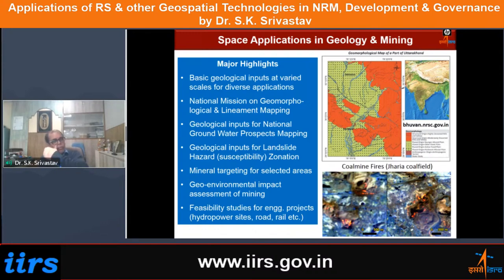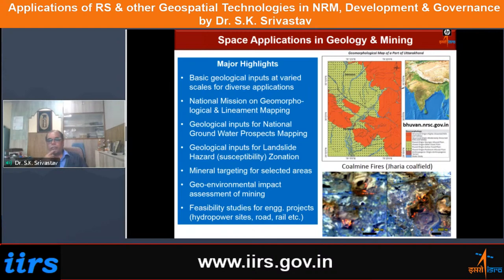Number two application, the second bullet, if you see, there is a very important application on landform mapping or the geomorphological map. Because landforms are something which you see on the surface of the earth, and satellite datasets provide the surface information essentially. So landforms can be mapped very nicely.